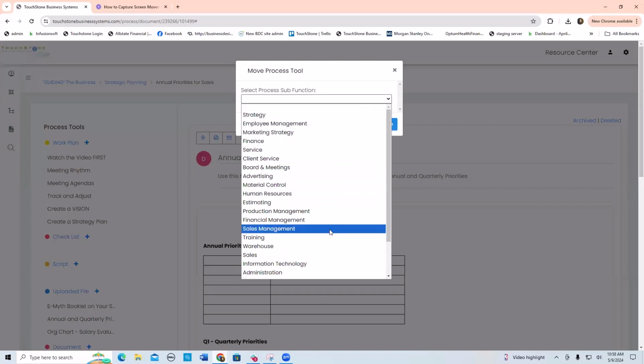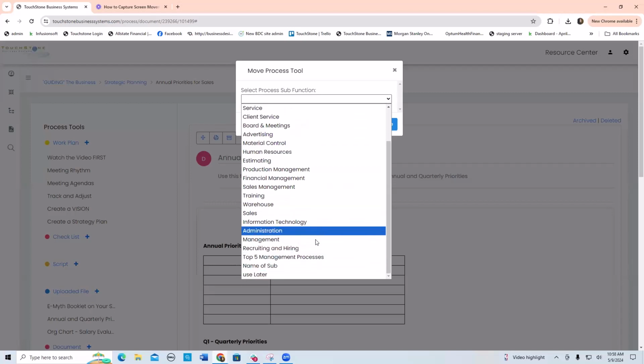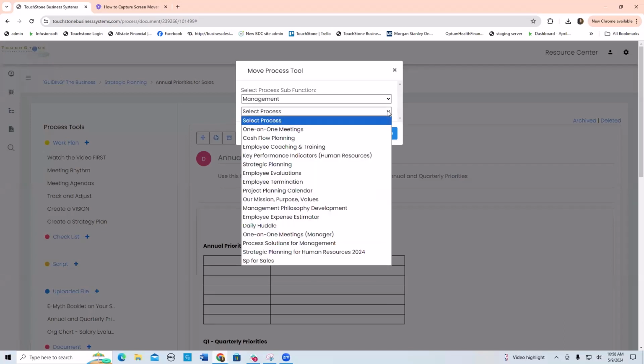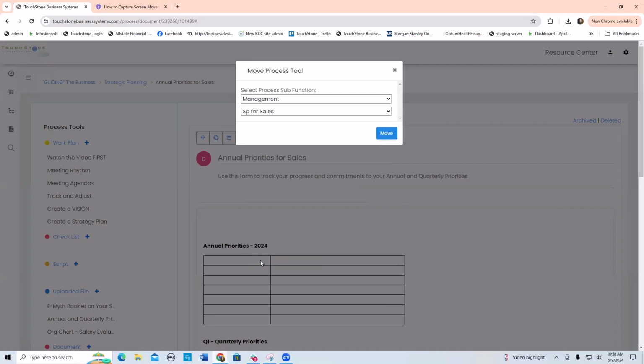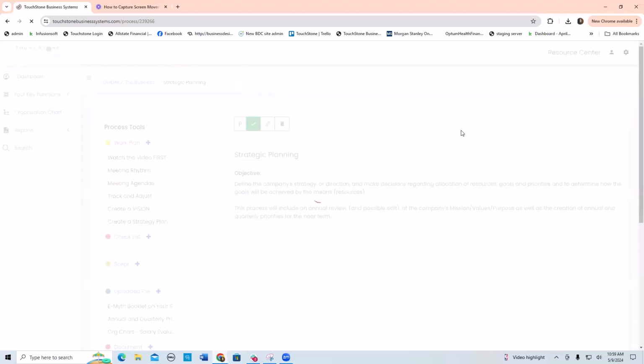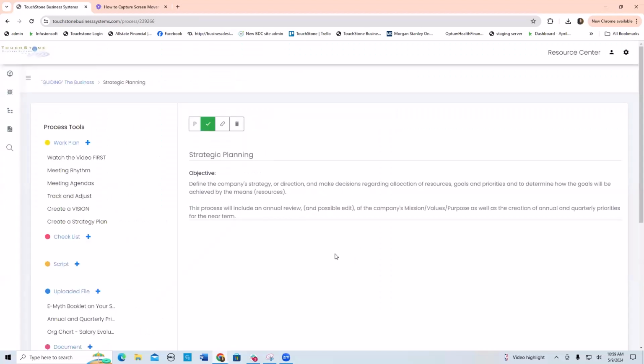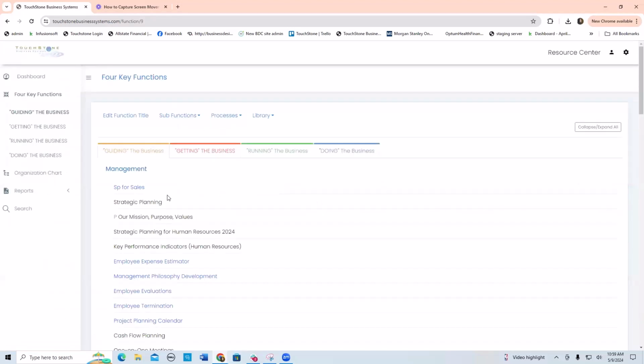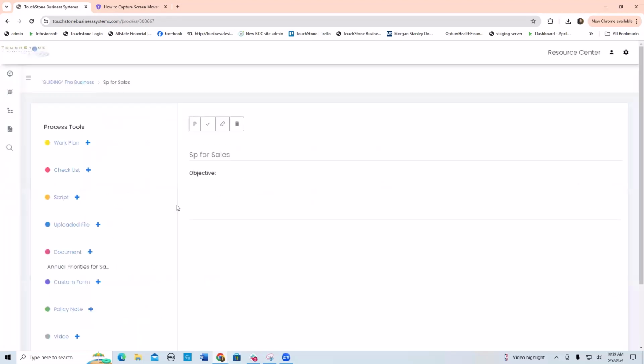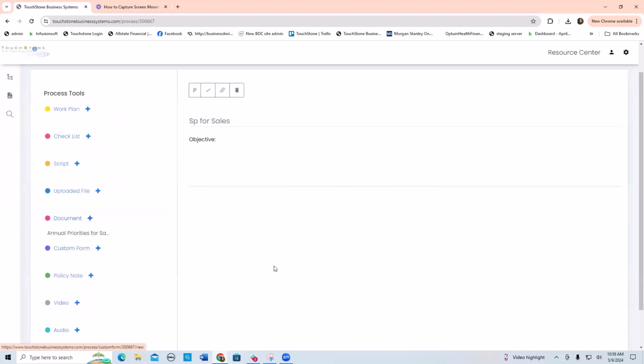I'm going to hit the drop down here. I'm going to go to management, which is where I put this. Then I hit the drop down here, and there's my new process I just added, and then I hit move. So now this is out of this process and it's into that new one. So if I go back here to guiding the business and I click on this process, here it is. So this is a way to create multiple copies of this annual priorities for strategic planning form,